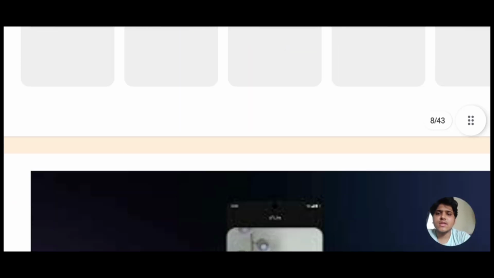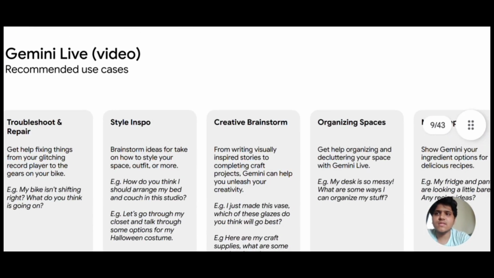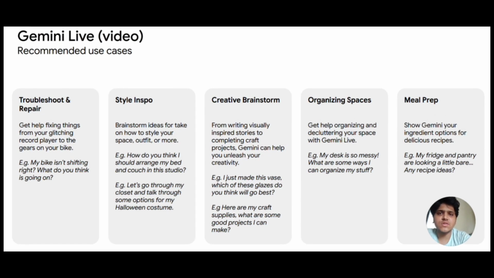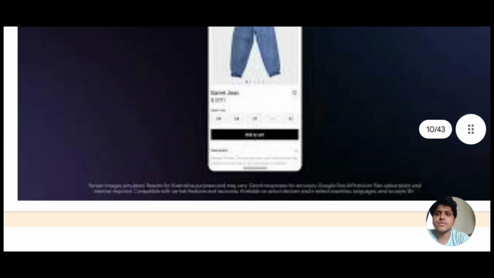from Gemini. Then we have the second feature, which is called Gemini Live with the help of videos, right? As I told, Veo is one of the features of Gemini, with the help of which you can access videos and send them to Gemini and ask something, for example, troubleshoot and repair. For example, you sometimes see a Gemini Live ad on YouTube where some college students are sitting and ask how to connect one machine to another. The other one instructs them to just post it to Gemini, and it generates a very nice response. It will give you a complete response on where to connect which wires, something like that. It will help you with video generation also.